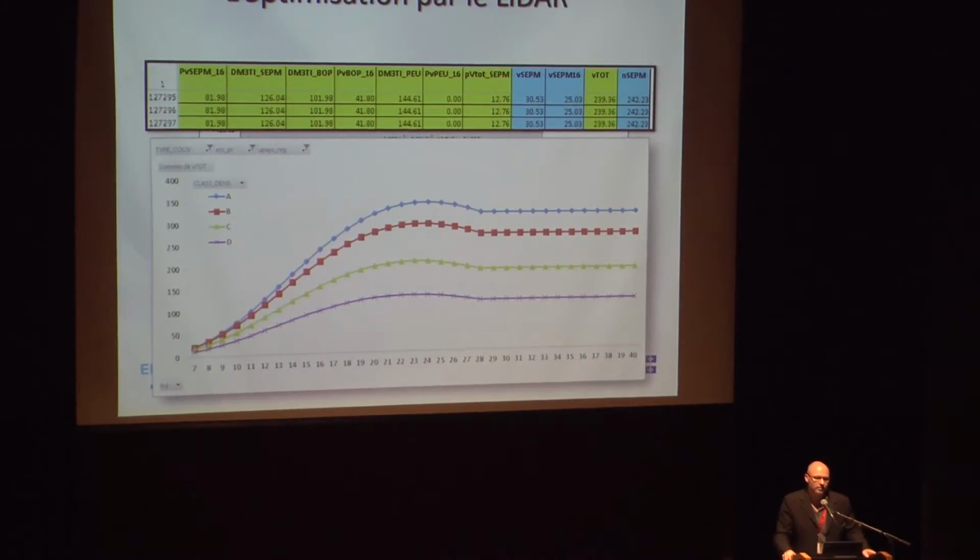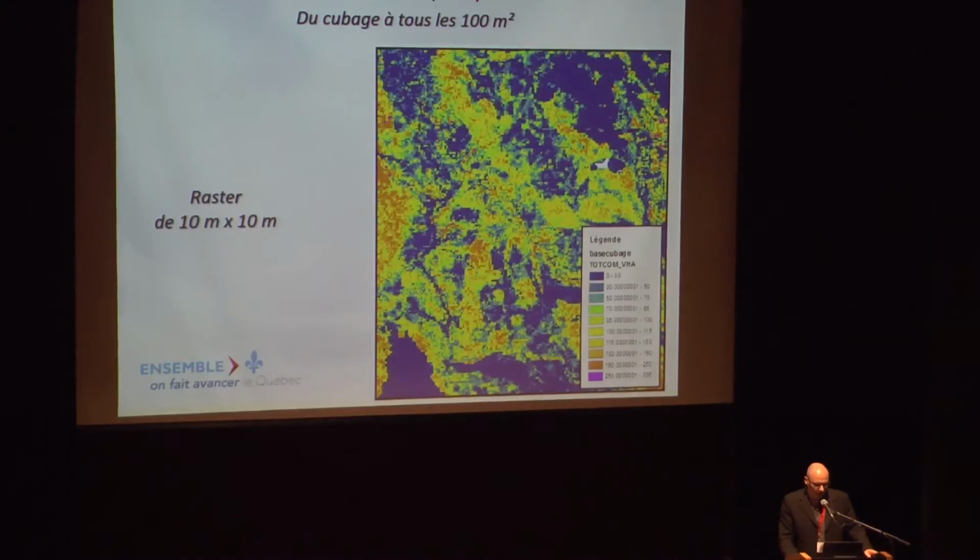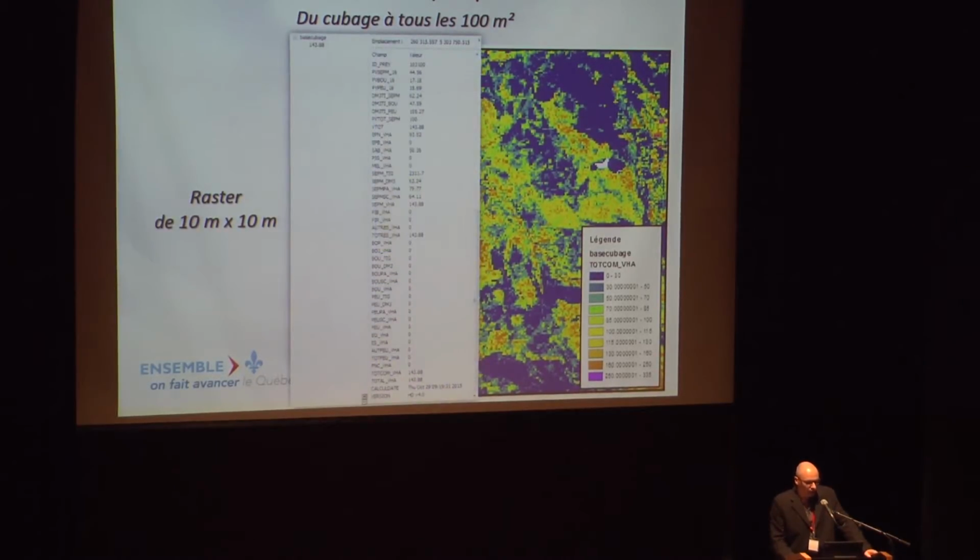We have the square decimeter for each stem, and then the raster. For each raster of 10 by 10, we have the pixels, and then on each pixel, you have all the information for the volumes that is distributed